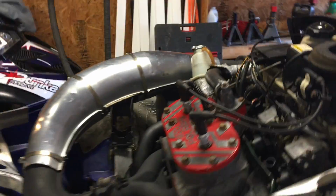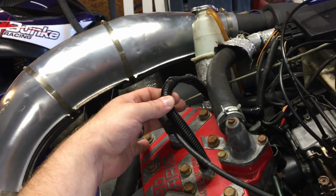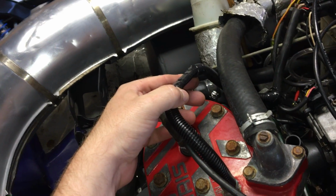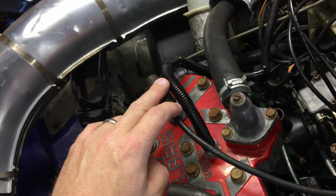The first thing I did was went after the rewiring of the temp sensor, and so resoldered that, and put the quick disconnect on it and put some nice flex loom on it so it won't happen again. Did that, and then